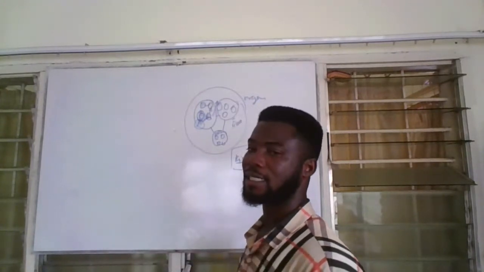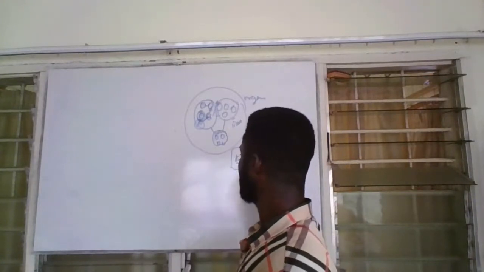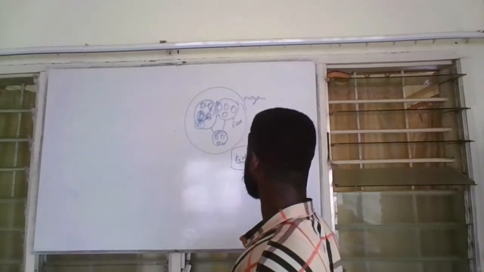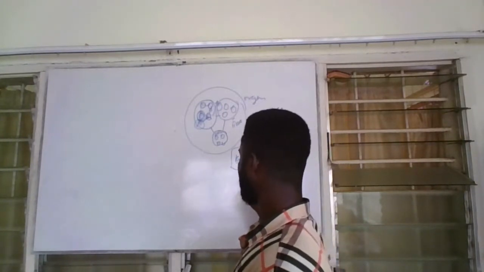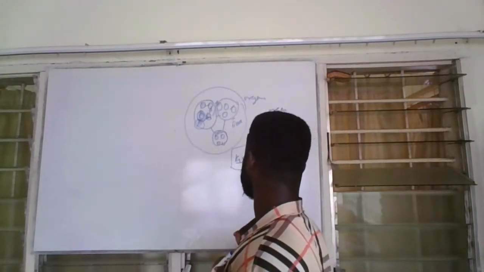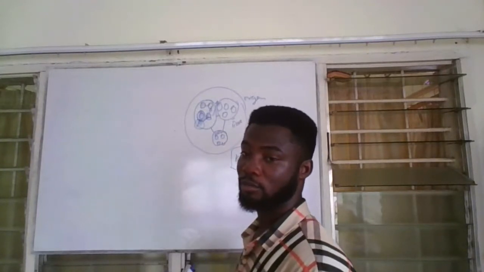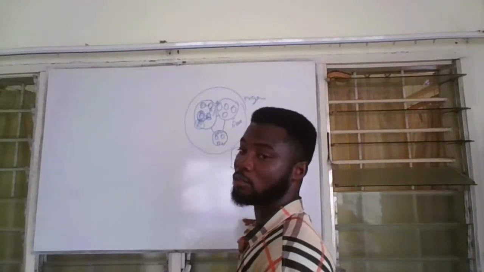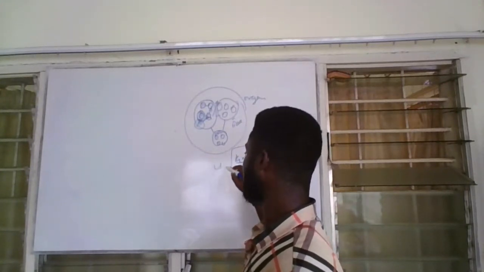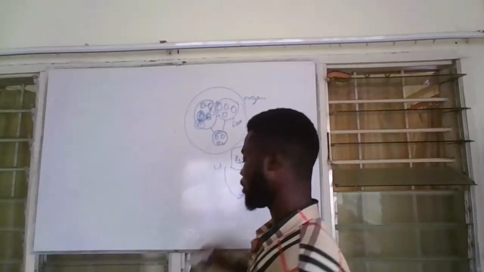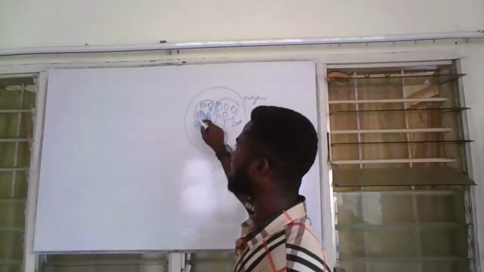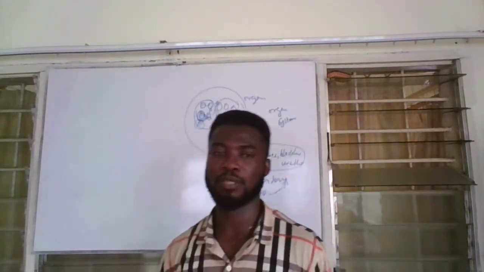So there's a possibility that other parts, let's say the urinary system works hand in hand with the circulatory system, or the reproductive system. So sometimes we can say genitourinary system, the genitals and the urinary system. So we say genitourinary system. Meaning that if the urinary system is affected, then the reproductive system may also be affected. Then the circulatory system may also be affected. So by the time you realize, because of an injury to just one cell, the whole system has been affected.